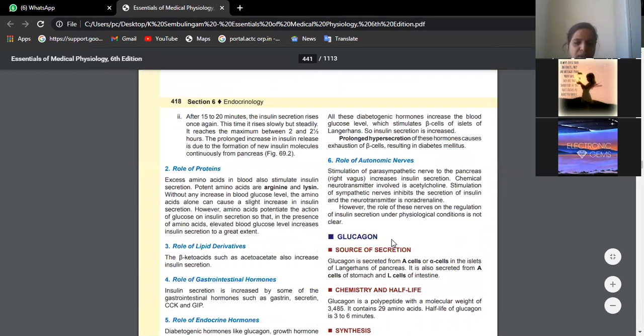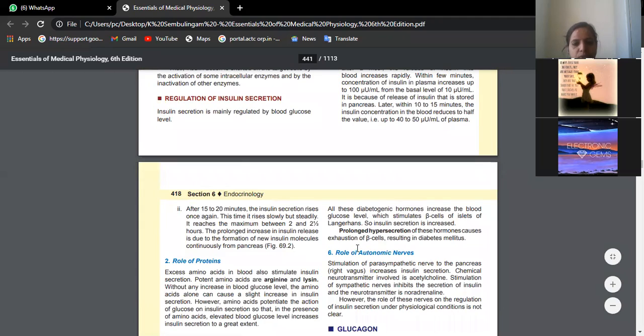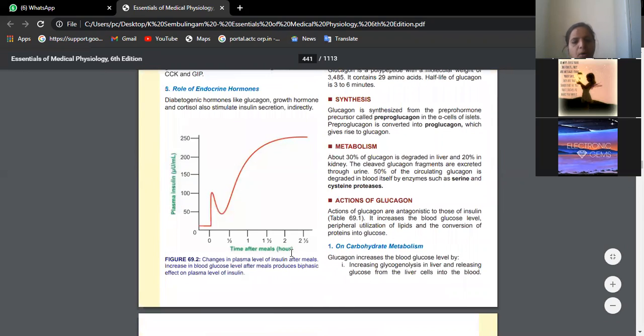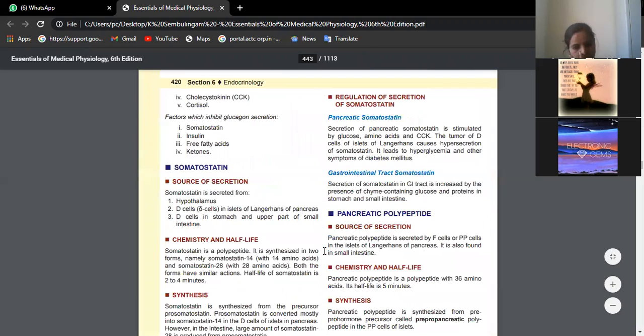You just read it like a story and you will easily understand. These are not actually tough, and it actually finishes here only. Glucagon has come next. You can just have a look at what the difference is between insulin and glucagon. Whatever we have studied for insulin, quite the opposite you will have for glucagon. If insulin is released in excess, it leads to hypoglycemia, but if glucagon is released in excess, it will lead to hyperglycemia. So like that, it is a very simple comparative picture.